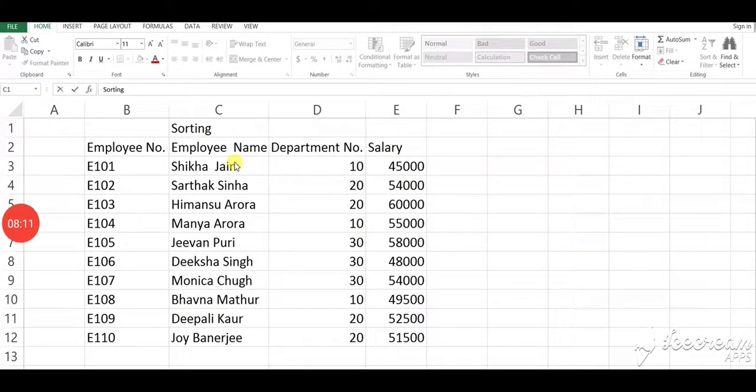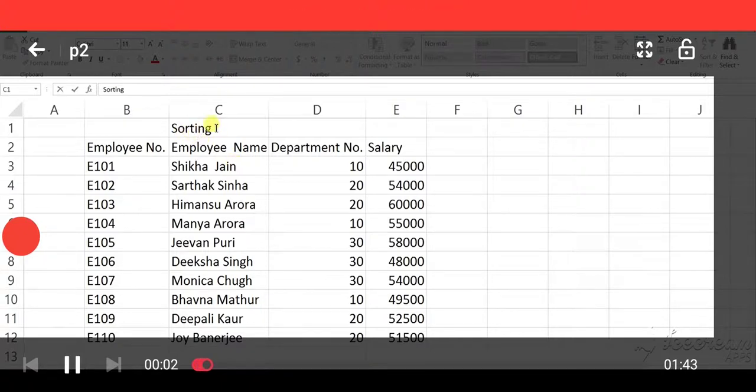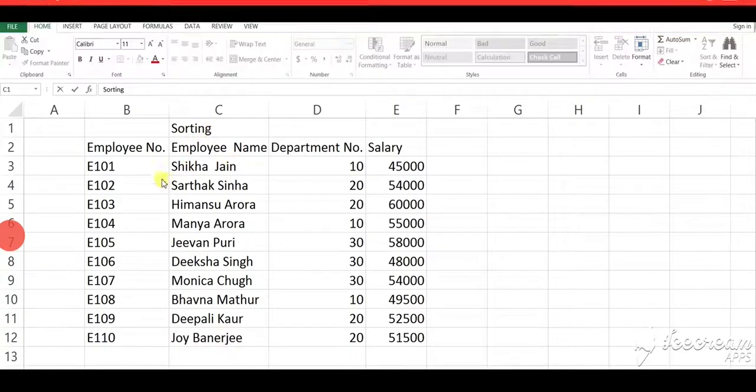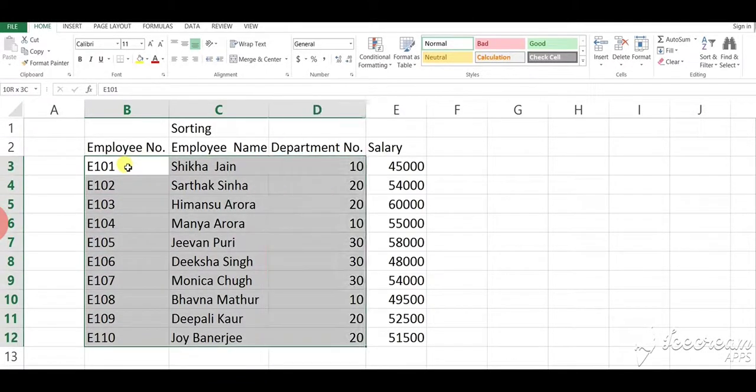Here we learn about sorting. So first of all make this table and then after perform it. So in this way, then home tab,